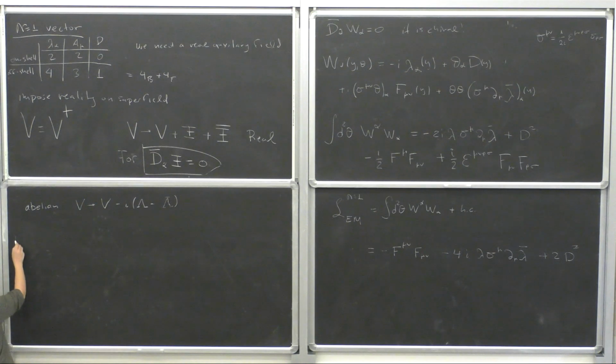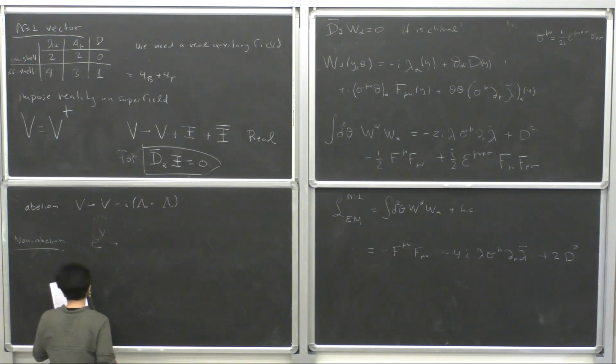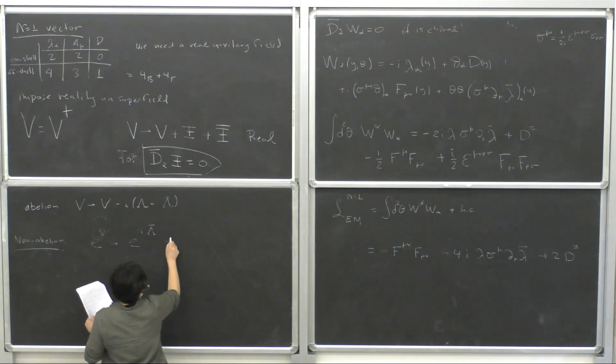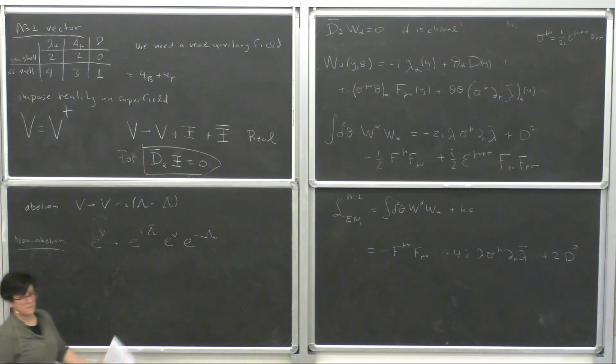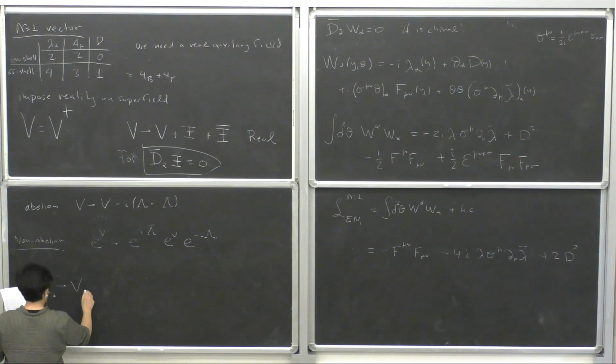Now, the non-abelian version of this, I postulate. It doesn't make sense to try to convince you that this should be like this. I will just construct something that makes sense. So I say that it's this. And just to make a first order completely stupid check, let's use this identity that we used yesterday to put things down. So I expand and I get that V goes to V minus I